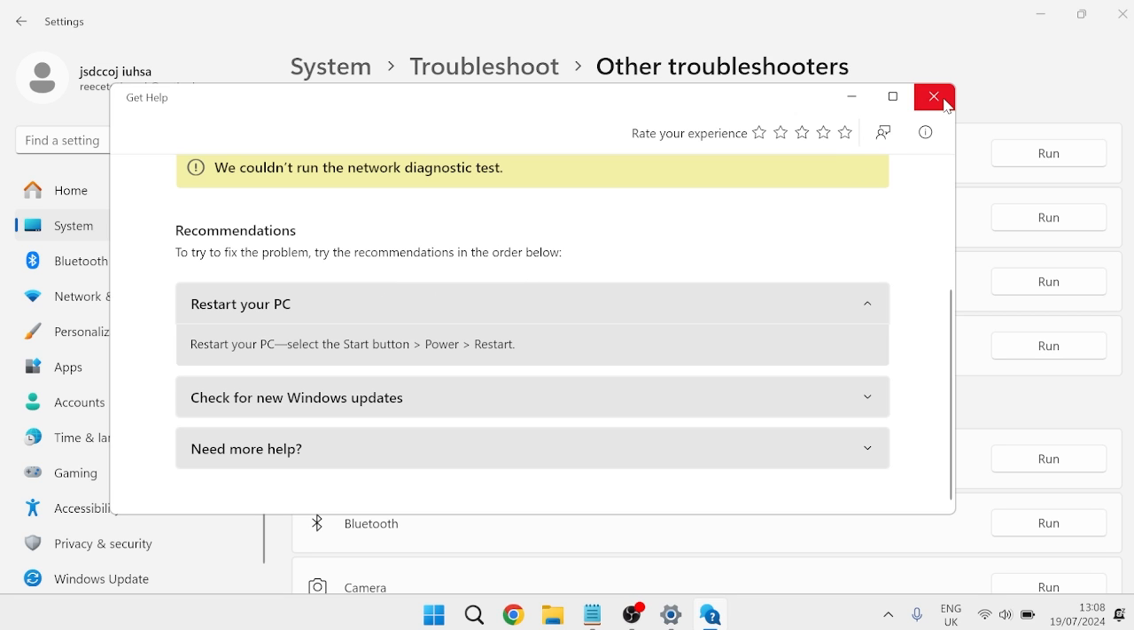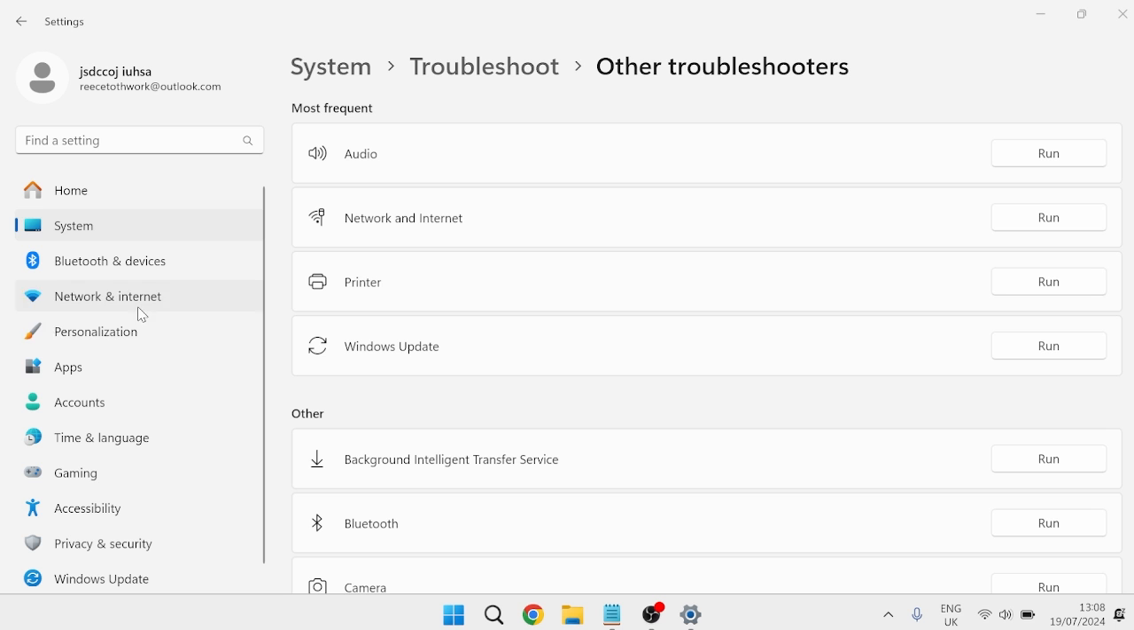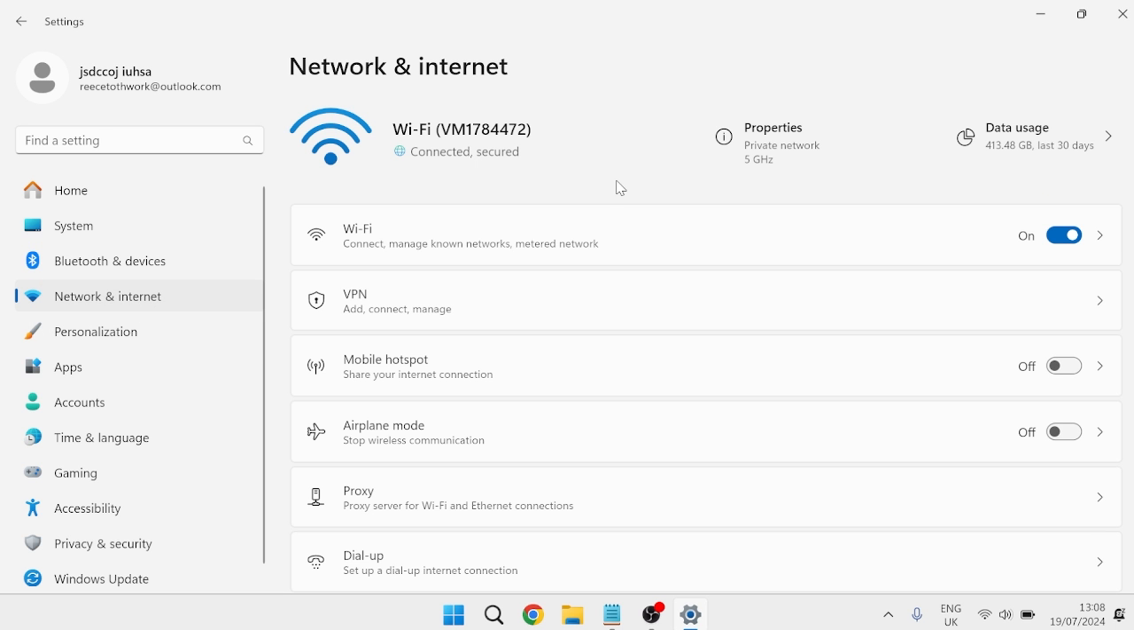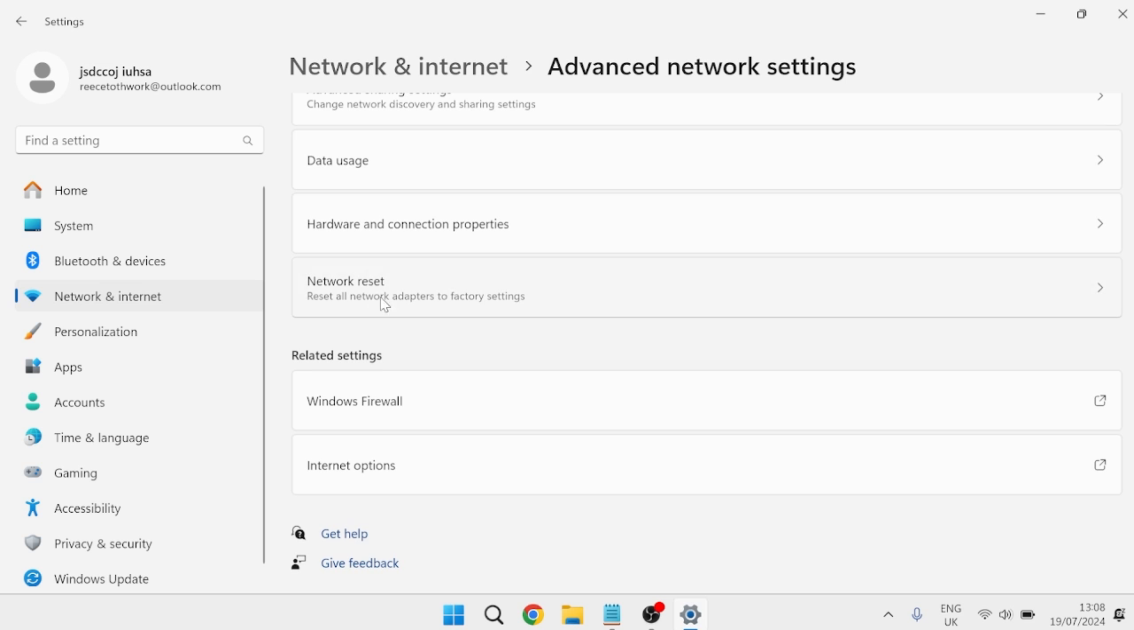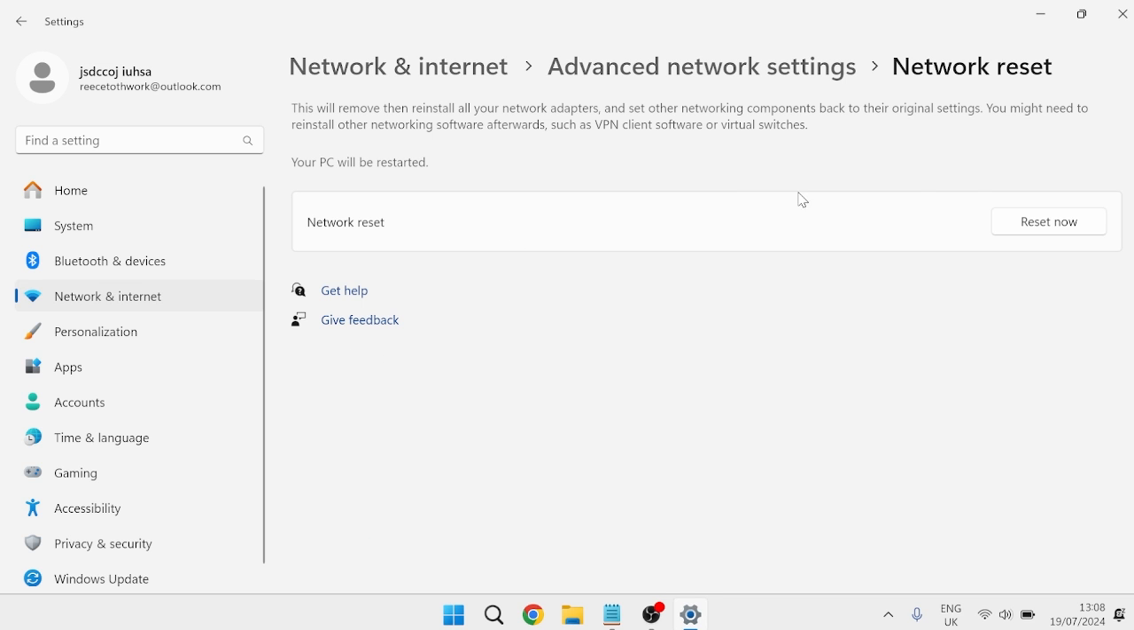Now, if that doesn't work for you, we can close out of here and we're going to come over to Network and Internet from the left hand side, scroll all the way down to Advanced Network Settings, and then down at the bottom here, you'll see an option for Network Reset, and we're just going to go ahead and select this option and press Reset now. Now, this will require you to restart your computer, so once your computer's restarted, we can check to see if